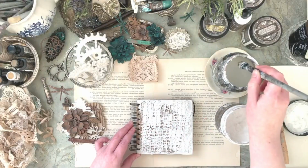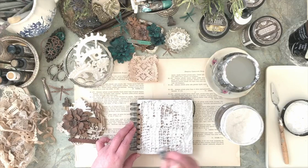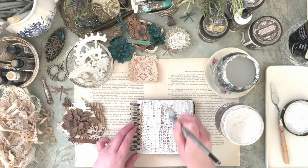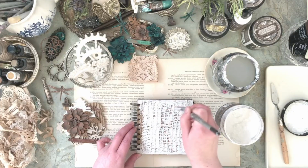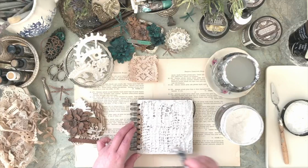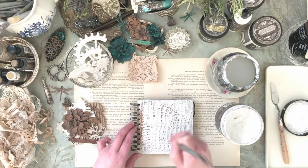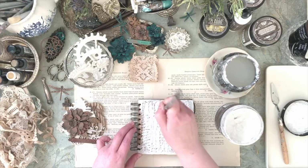So I can leave here in the middle a bit more imperfect parts, because there will definitely be something above, but for the edges,